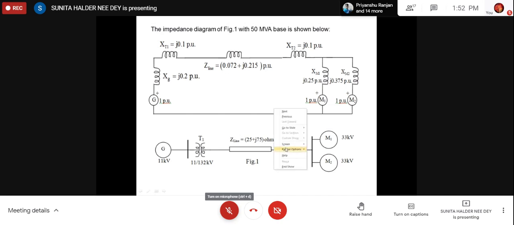If you want to calculate transmission line current, what is the current of the transmission line? You calculate it the same as the generator current in per unit. But the current level will be different because base current will be different. For the transmission line, voltage level is 132 kV base voltage, base MVA is 50. So you calculate the corresponding base current. From there you calculate the transmission line current. Then obviously you see the transmission line current will be lesser than the generator current because the generator is at lower voltage and the transmission line has higher voltage level.